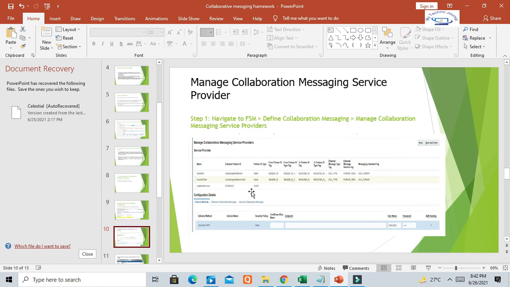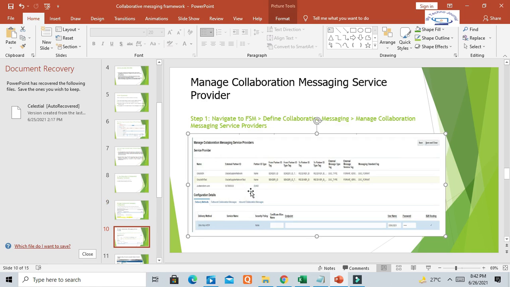You can see here, basically, this is the setup. If you go to FSM and define collaboration messaging, manage collaboration messaging service provider. For the service provider, basically we are using OSN, the Oracle Supplier Network. We just need to enable this and include it as our service provider.